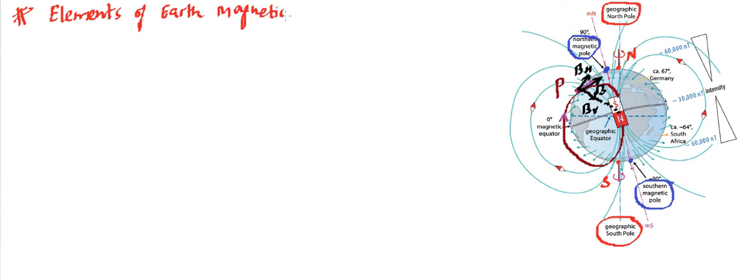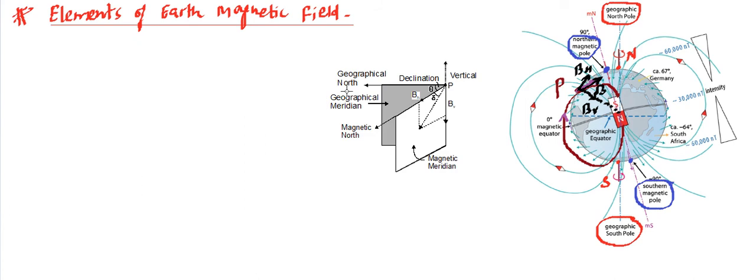And you need to understand this is more a theoretical topic, and we need to know how we are able to find the magnetic field at any location on the Earth's surface. So for that purpose, there are three elements of Earth magnetic field. And once we have understood what these three are, then we can think of, theoretically at least, how we measure the magnetic field at any location on the Earth's surface. We will be using this figure that I have shown over here to understand these elements.